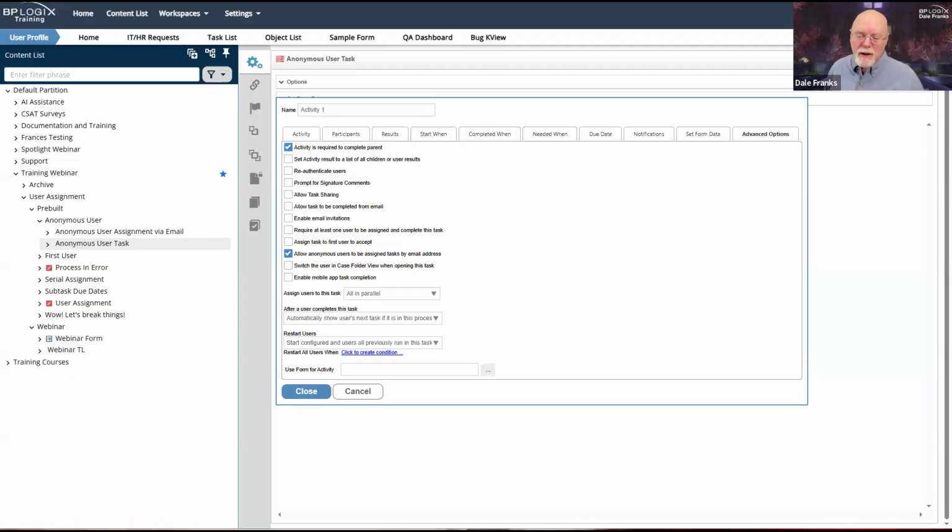You have to explicitly tell Process Director that this is an anonymous user who is being assigned that task, and the task assignment comes from the email address. The reason that you have to do that is because the anonymous user is going to need a special link to place them in task context to go back and look at that form to complete their task.